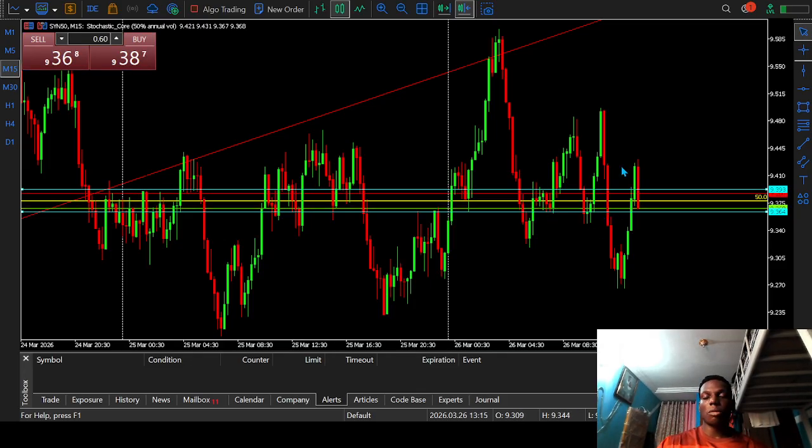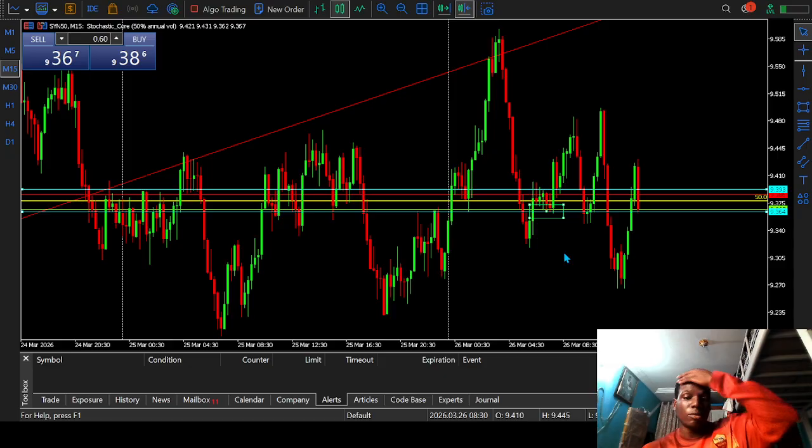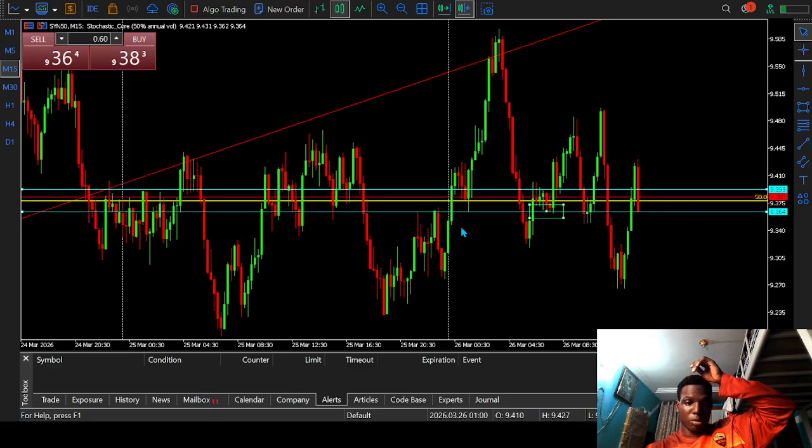Okay, so now what are we waiting for? Third confirmation. This is what I now picked. I picked this fair value gap right here. And me knowing that this is not really at play, because the third confirmation is supposed to be after the break of structure, and the break of structure happened on this candle, so this wasn't really correct, but I guess I let that slide.